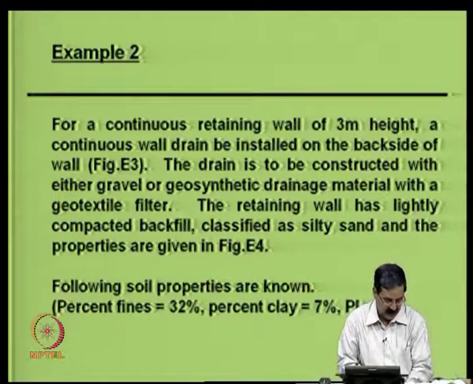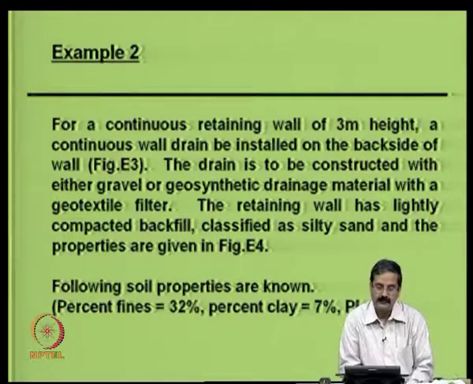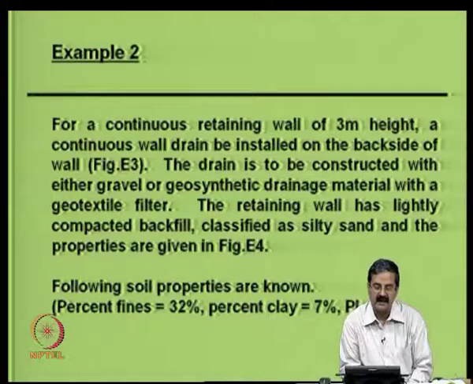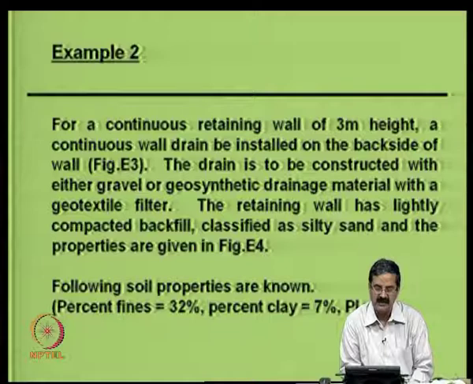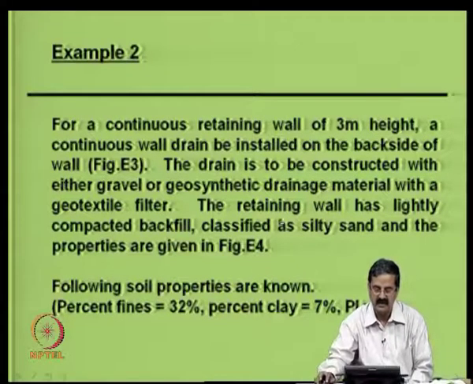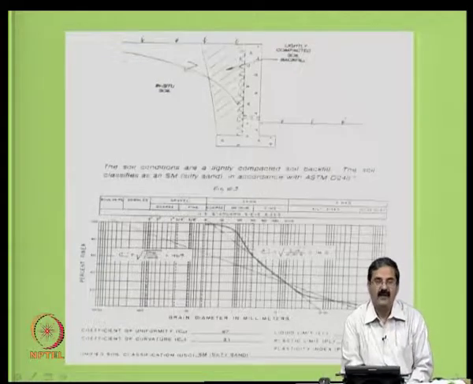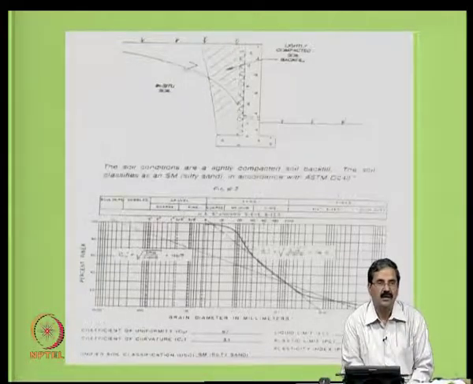Another example that I would like to give is again on a retaining wall. This is a standard application we see in RE walls and other places, and the drain has to be constructed with gravel or a geocomposite drainage with a geotextile filter. And then the retaining wall has a compacted backfill, and we know its properties like percent fines and percent clay and all that. Actually, I would like to give an example where